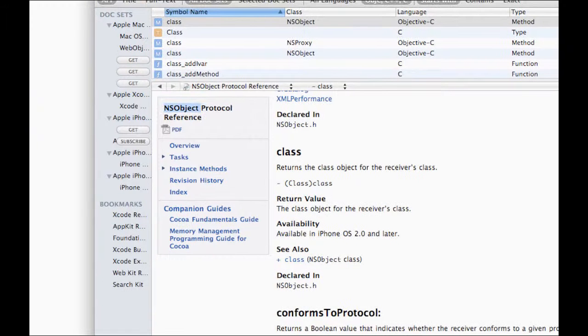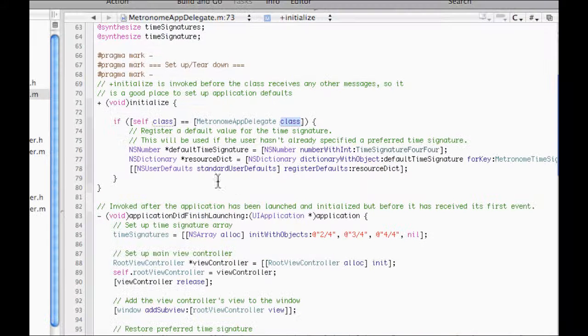This is why this is able to work. The next line calls on the NSNumber class, which is part of the framework, and sets up the default time signature. The next couple of lines pull up the user defaults from a data file. At this point, the function returns, which means control is returned to the class that called it, which was UI